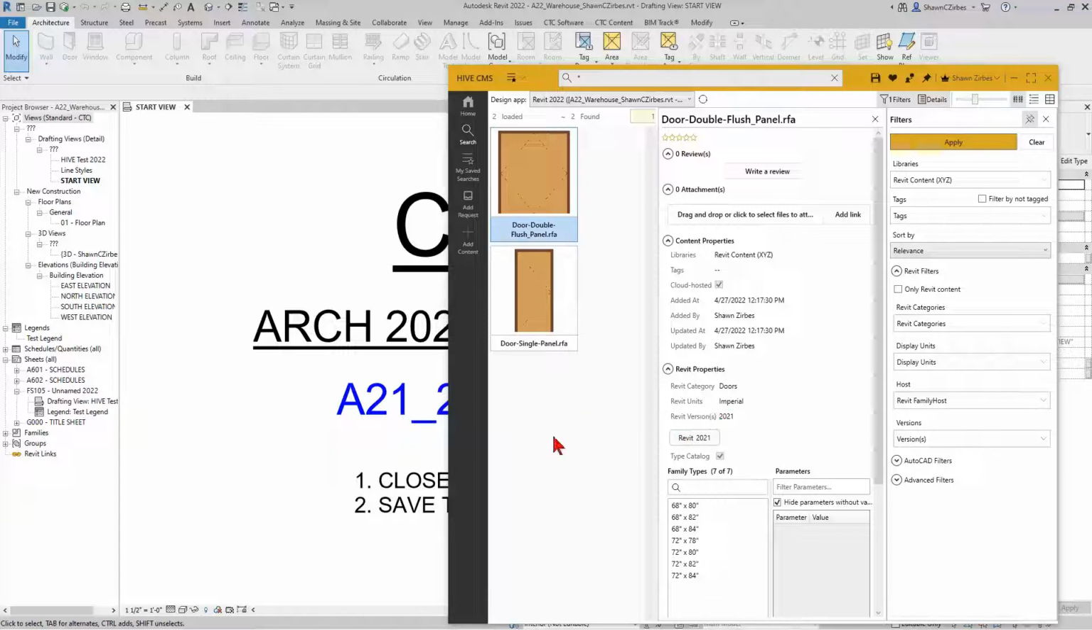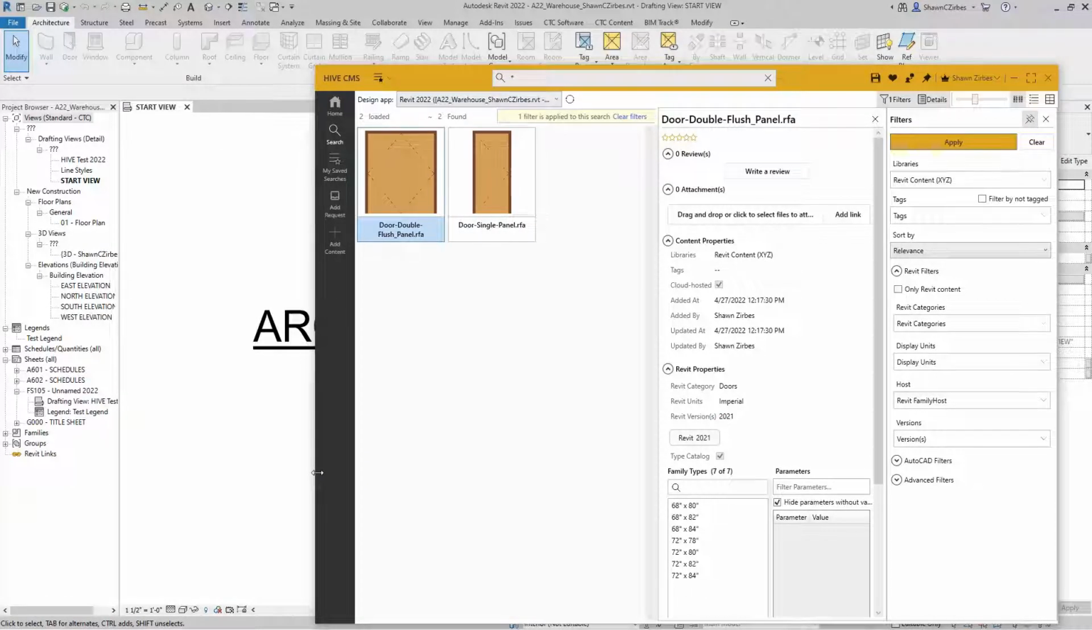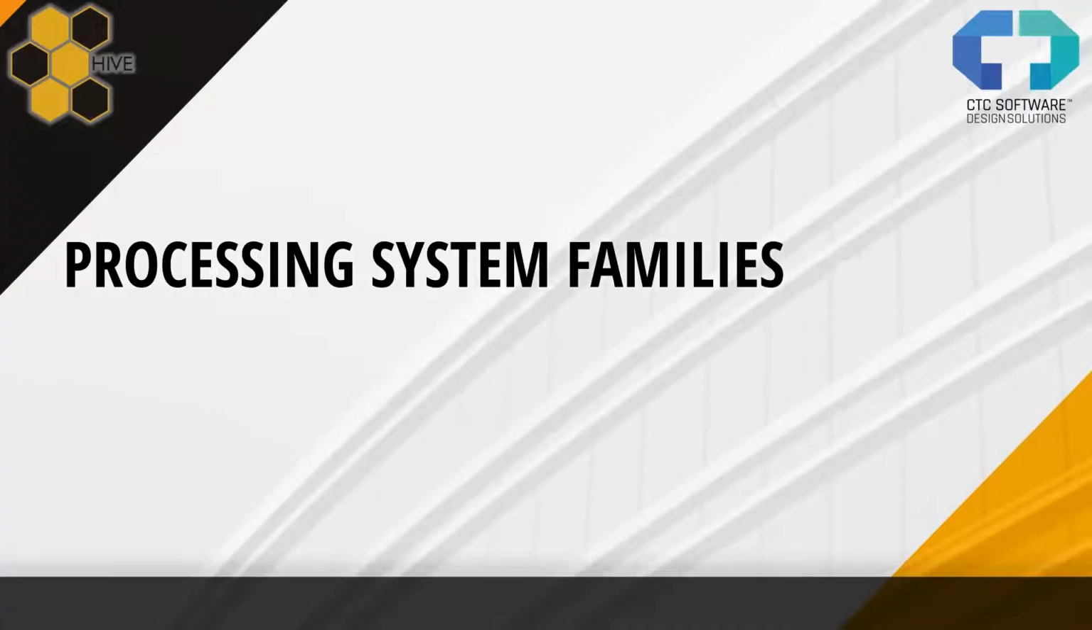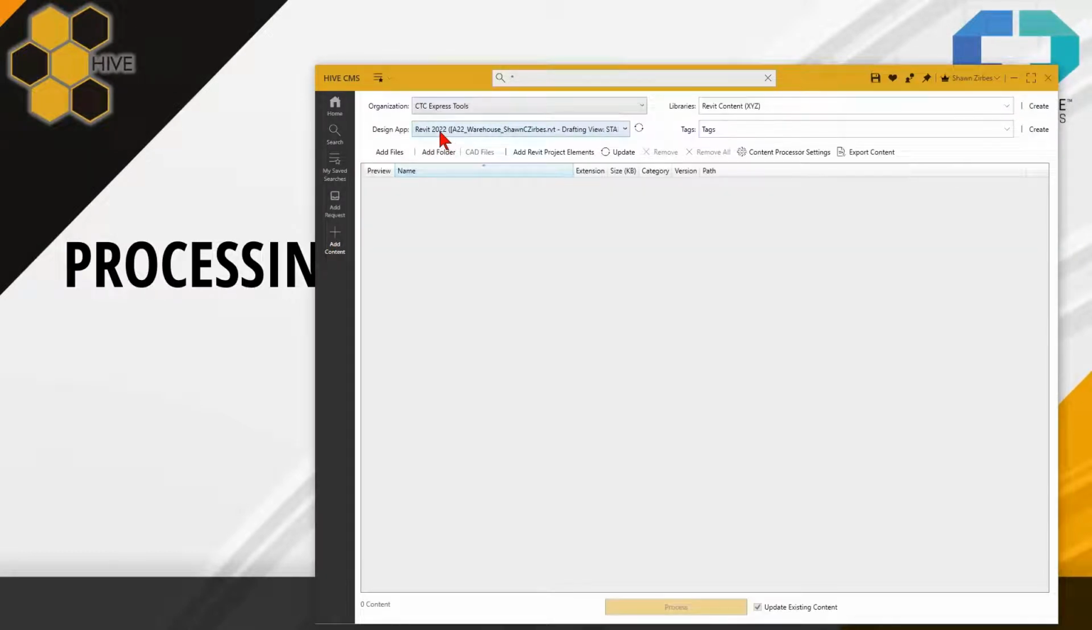All right, hopefully we're all good so far. Now let's talk about the next kind of content, the next special content, and that is processing system families. This is a little bit different, and this is very important. So far, I've been telling you within the HIVE CMS, it does not matter what version of Revit you're working in when you're processing